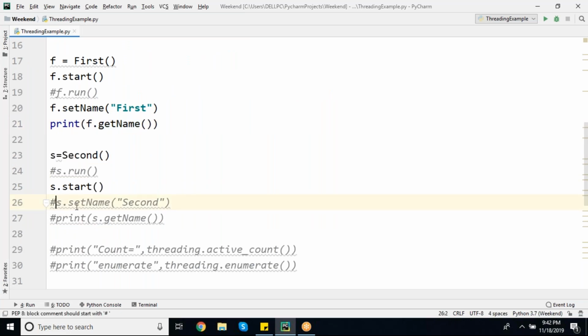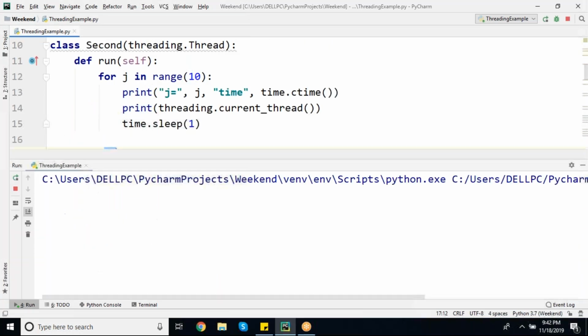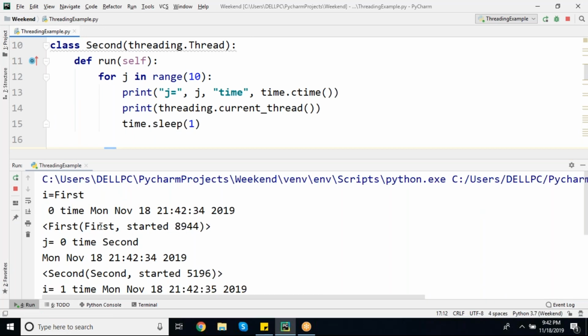You can see here I am creating an object for the second thread. For that, I have set the name as second, as well as retrieving the name of that particular thread. You can check it out. See, the names are changed to first as well as second. Okay now? Yes or no? Yes. This is how you need to change the names for your thread. Setter and getter functions are there for updating the names of that particular thread. Remember this point.